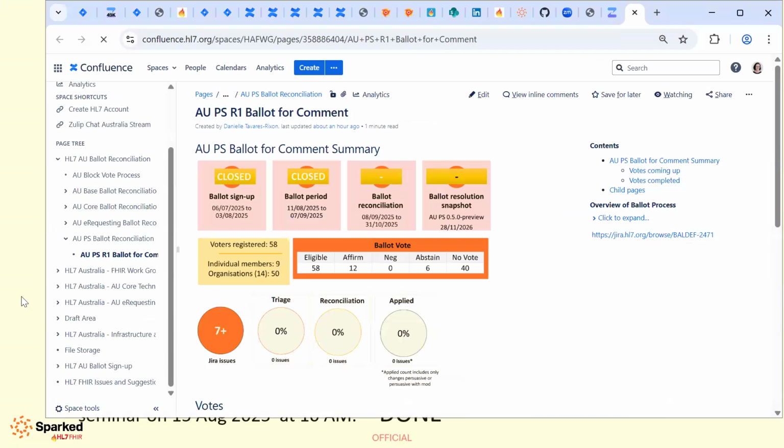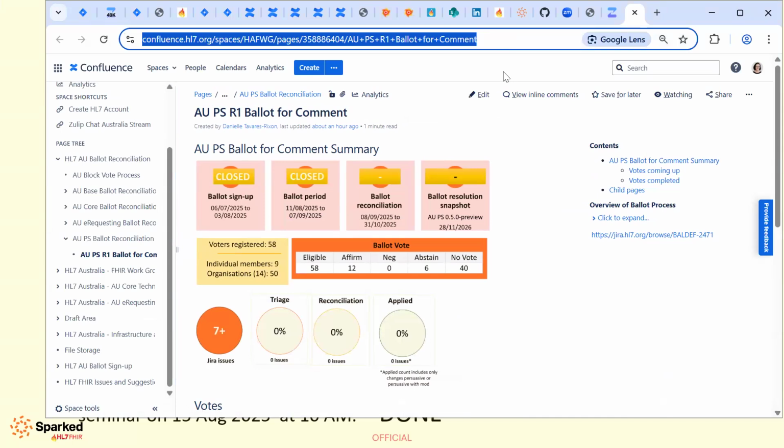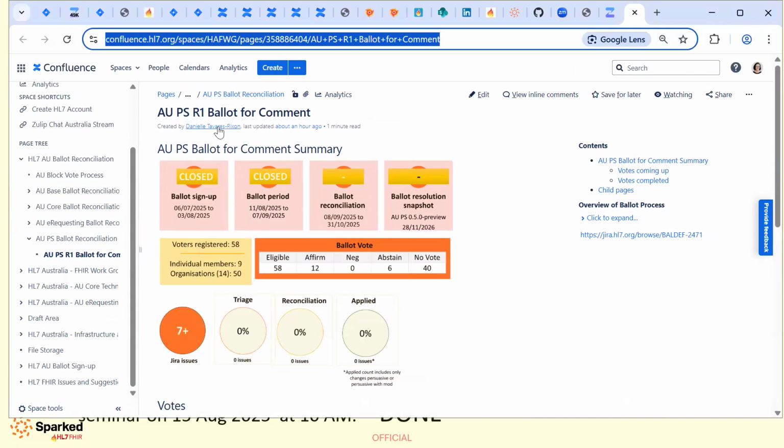Okay, next update. So this is our ballot update. I'm going in here to the standing page. Put that in the link. This is our standing page. Every single ballot has one. There's a ballot reconciliation area on Confluence now, which has base and core and e-requesting and patient summary there. And every single ballot will have a couple of pages. One will be kept up to date as reasonable as possible, so at least weekly, if not more frequently,